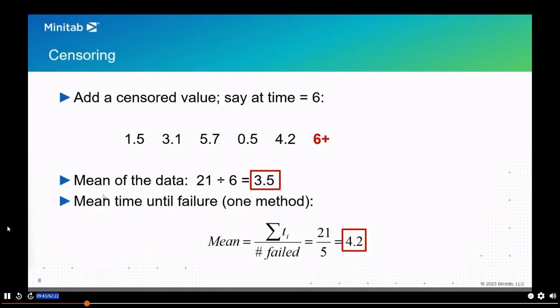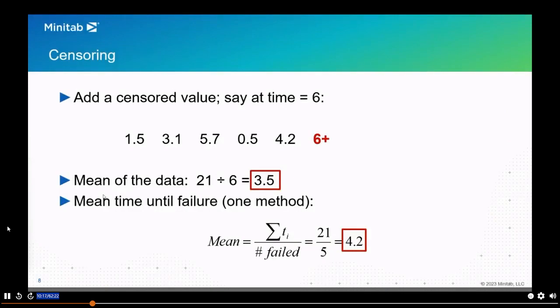There are many ways you can do this statistically, but in general, they all use the same concept, and that is we're going to look at the number of failed and how the total time adds up. So we have a total time of life of 21, and that includes the 6, right? 1.5 plus 3.1 plus 5.7, etc. So we can add up the total time that things have lived and divide by the number of 5, and